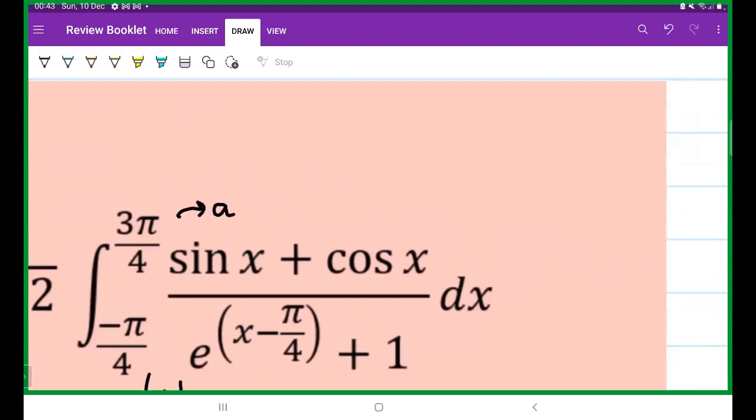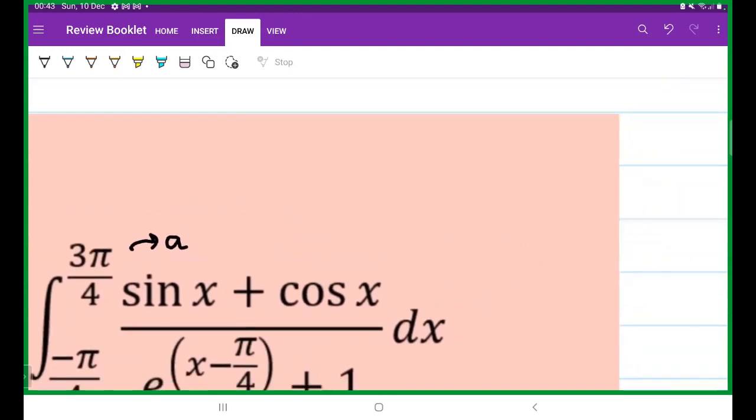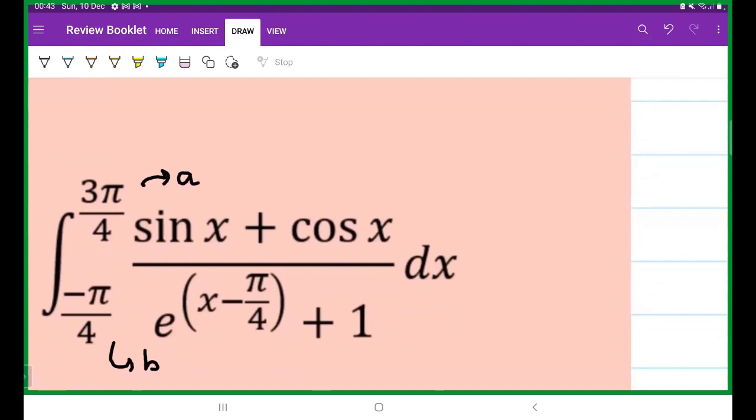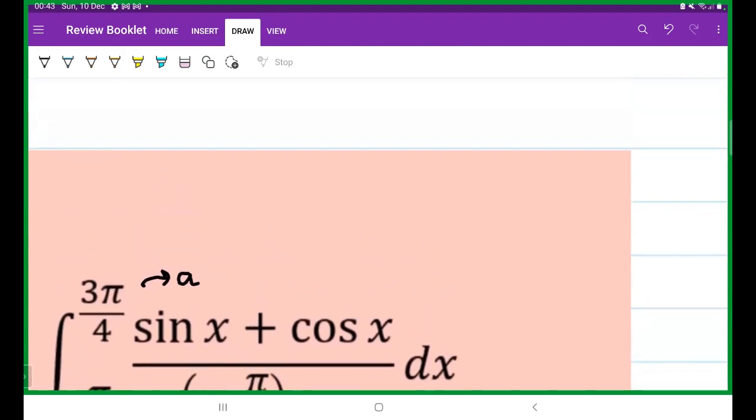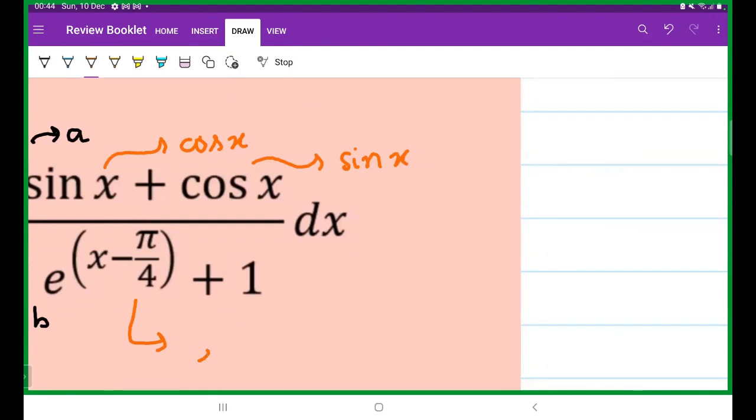So when we put a plus b minus x in each of these functions, sin x, cos x, e to the power x minus pi by 4, let's see what happens. This one becomes cos x, this becomes sin x, right? Because cos of pi by 2 minus x is sin x and sin of pi by 2 minus x is cos x, right? Now this e to the power x minus pi by 4, this will become